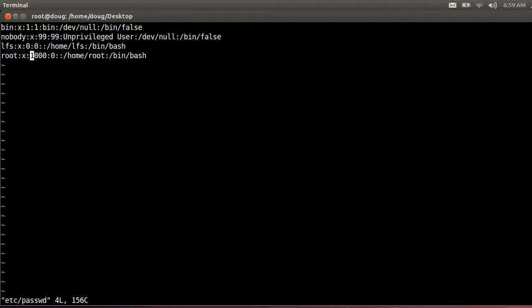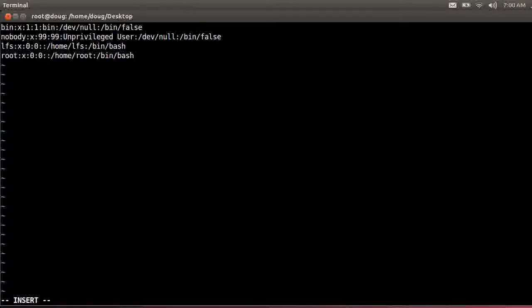So now what I'm going to do is flip-flop these, and I can actually just go ahead and say root. So how I made the LFS user here and changed it to double zeros to make him root, I have the root user here, which has a group, is it group 1000? Group 1000, okay, and root 0. Just going to flip-flop that to 0:0,